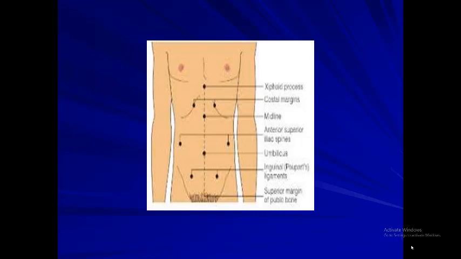This is an anatomical landmark for each person, not patient only. The xiphoid process is nearly opposite the ninth thoracic spine. Then costal margins. When you examine a patient, you must identify the xiphoid process and costal margins of the patient. The lowest points of the costal margins: if a plane passes by them, it will cut nearly lumbar 3.